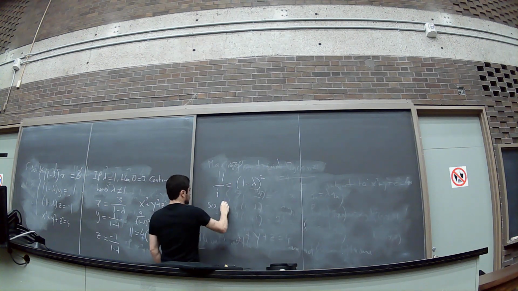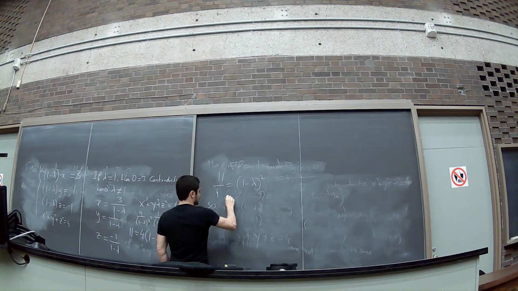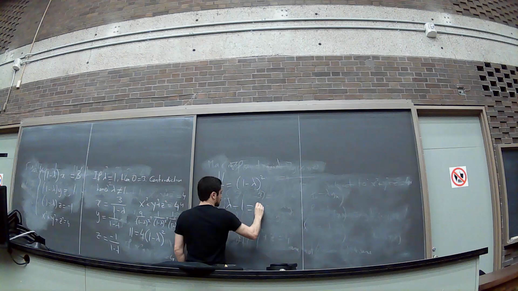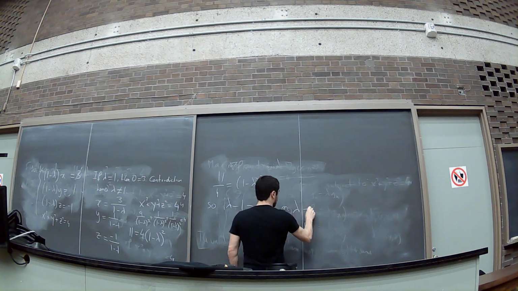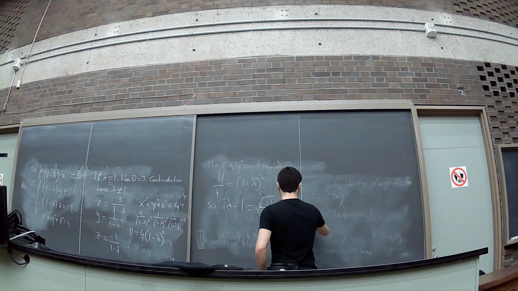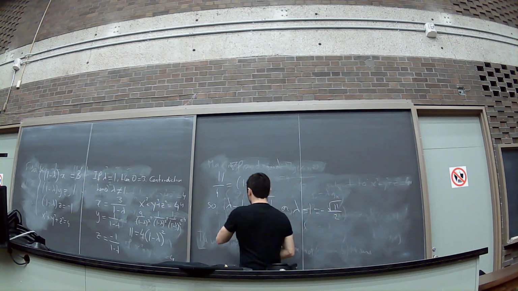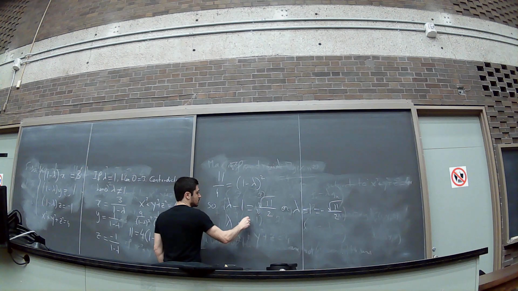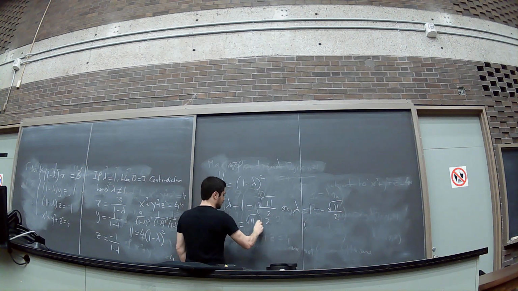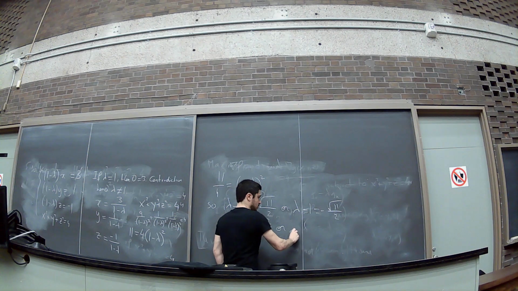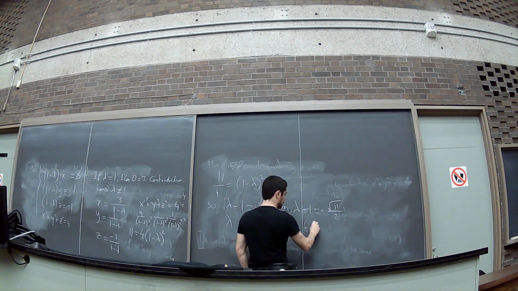So what can I say? So lambda minus 1 is equal to square root of 11 over 2, or lambda minus 1 is minus square root of 11 over 2. Let me add that. So lambda is square root of 11 plus 2 over 2, or lambda